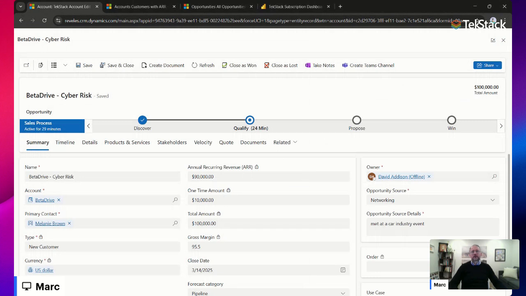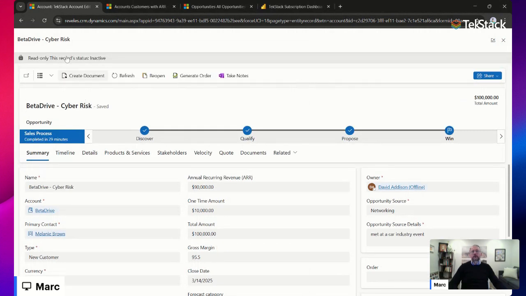Great, closed it. Congrats. So now it's a read-only record. As a second step, a lot of times you don't necessarily want the seller to be generating invoices and transactional records like the revenue records or the subscription records, because with our integrations to accounting systems, that will go downstream automatically. So you typically want somebody in a deal desk or accounting function just to have a look-see to make sure everything looks cool.